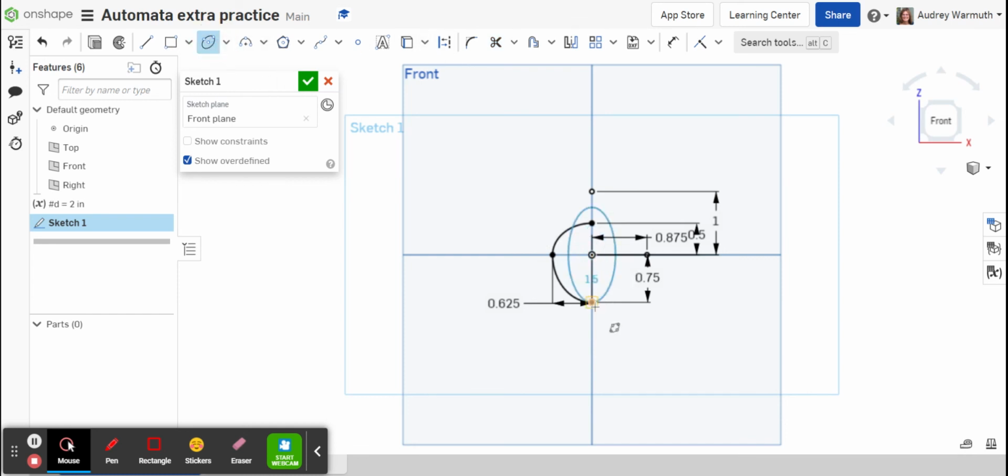Click on the center, click on the dimensions you want for the major and the minor axes. Then we're going to trim off the parts we don't want. And lastly, do it in quadrant 1, click the center, click on the major and the minor axes again, and we're going to trim off the parts we don't want. Then we can